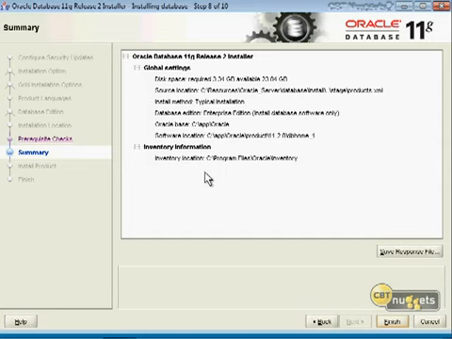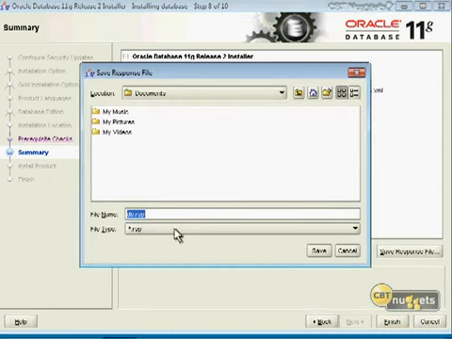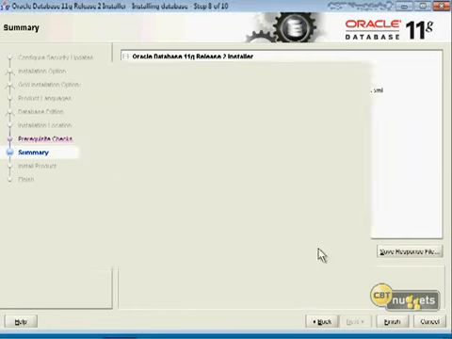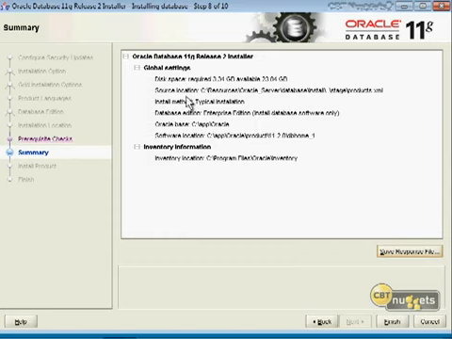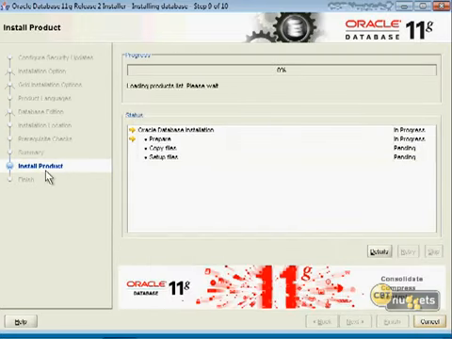Remember, I mentioned that you can save your installation as a response file to do an unattended installation of the database. At this point on the summary screen, and notice this occurs before we actually install, we can click Save Response File and give it a name. I'm going to call it Oracle Installation.rsp. I'll save it to my Documents folder, and that's going to allow us to choose all of these same settings and run OUI in an automated fashion. Note also that you could run the installer up to this point, save a response file, then bail out without actually installing the software. I'm going to choose Finish though, which takes us to the install process step, step 9 of 10,